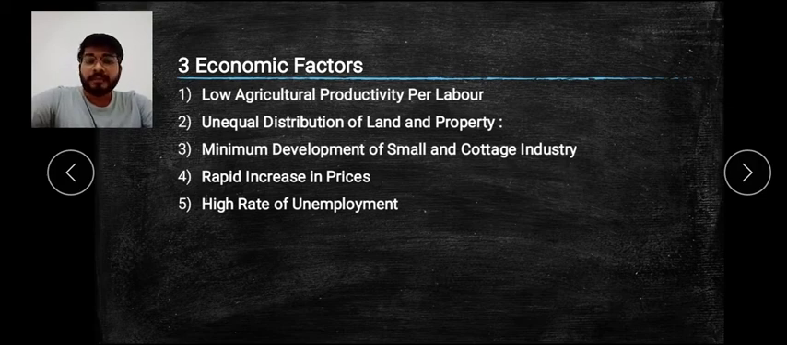Why? Because small and cottage industries require human labor to go with the production, whereas in heavy industries machines are required, but here we require labors. So because of low or minimum development, the labors are still lacking, and more unemployment has been created. Then after that, the fourth and fifth points which we have learned today, that is rapid increase in price